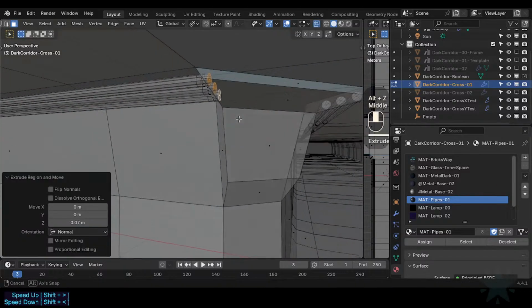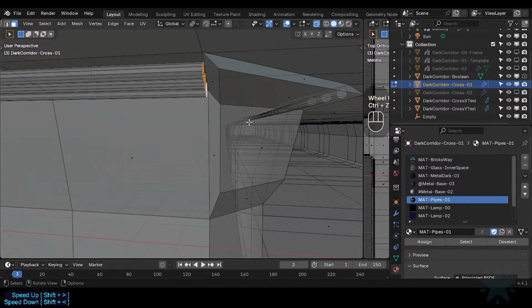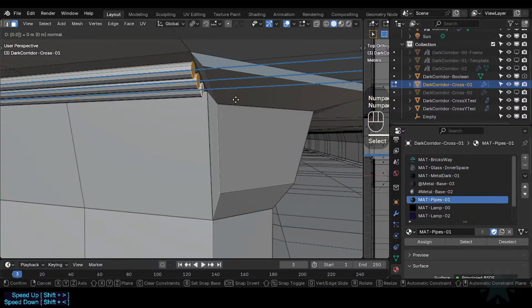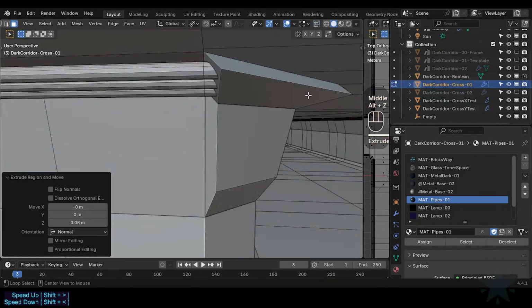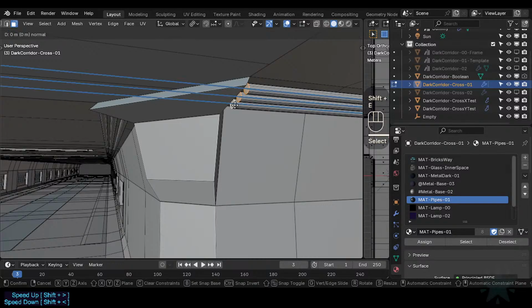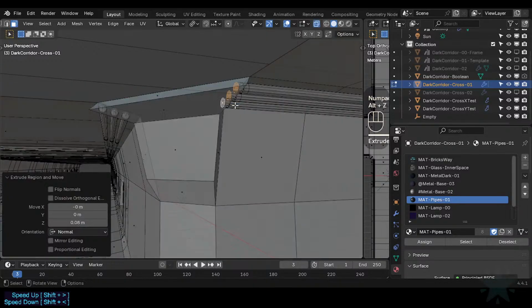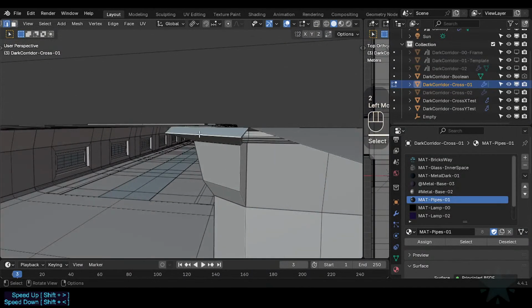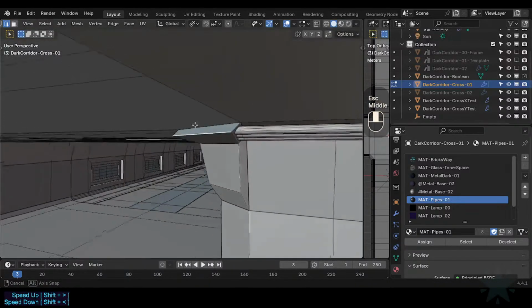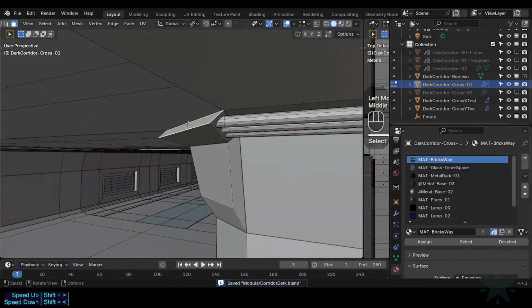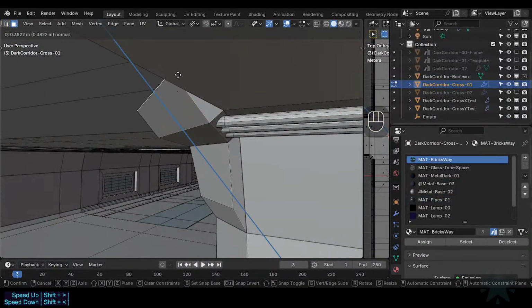There we go. 0.08 instead. Good. And then of course I cannot bring this up, right? What I can do is get this one, maybe extrude up,